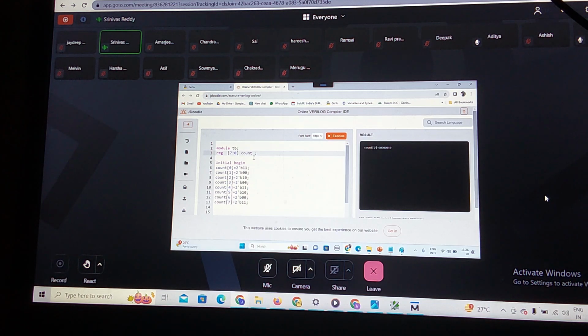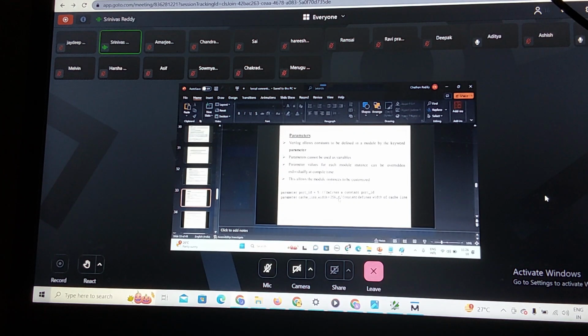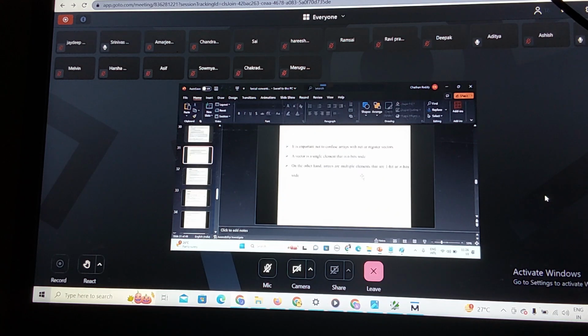I can make it, again let me write 7 down to 0, or 0 down to 7, correct? Now this is an array. How many elements are there in the array? 8 variables. Each variable size is 8 bit. How many elements are there? 8 elements. Each element will have 1 bit. That is the definition for this last one. On the other hand, arrays are multiple elements. There may be 1 bit or n